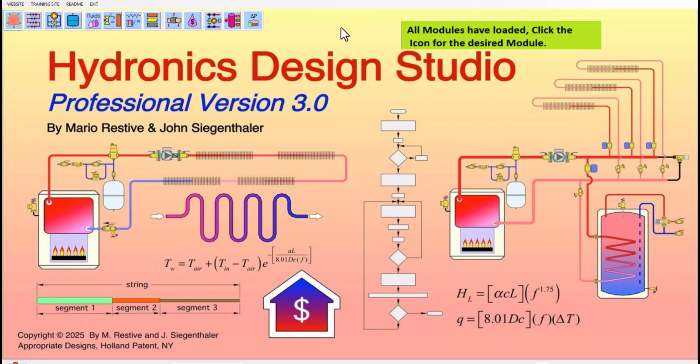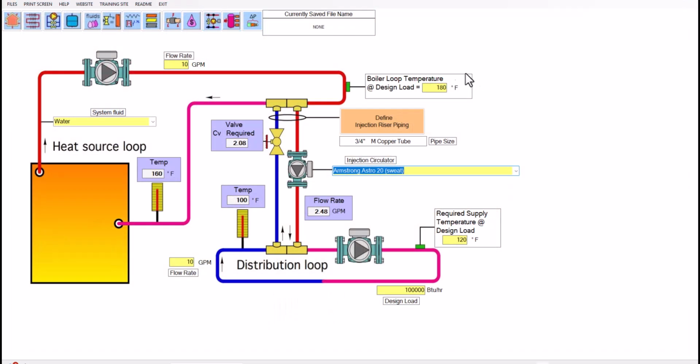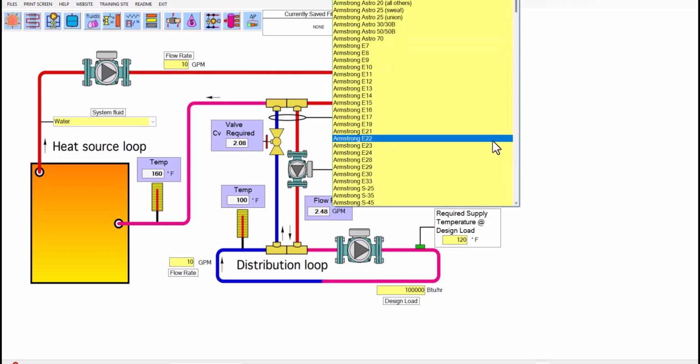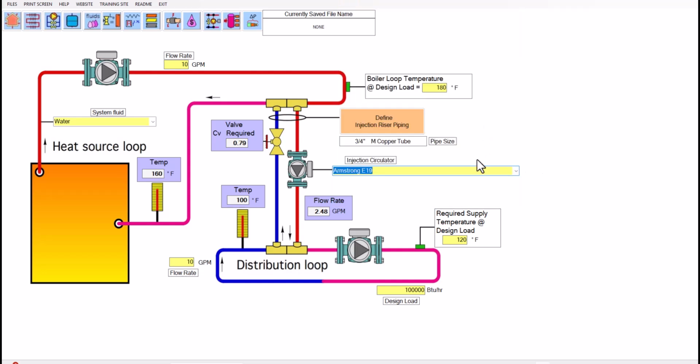Okay, we start here with the start screen, and then we go to the icon that says Injection Mixing Simulator. Pick that, and now we're in. We have the yellow inputs, the injection circulator listed there,